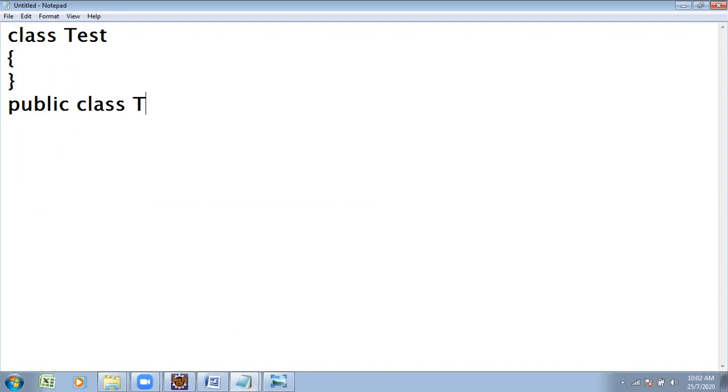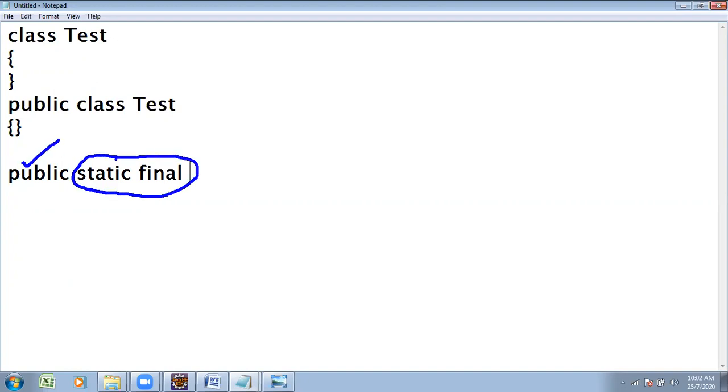Here we are not mentioning any access modifier. While writing methods, maybe I write public static, sometimes final also. Public is an access modifier, and static and final are non-access modifiers.